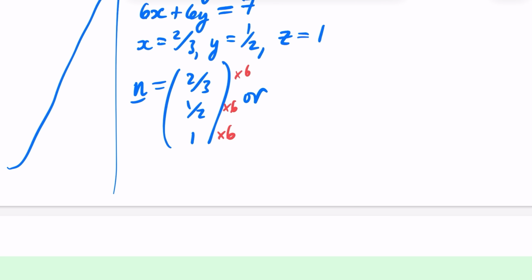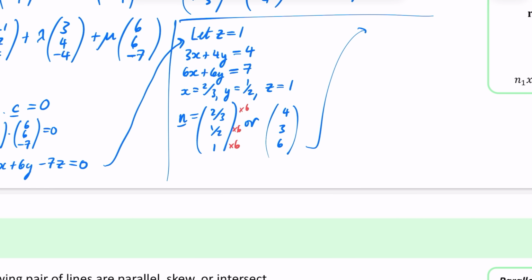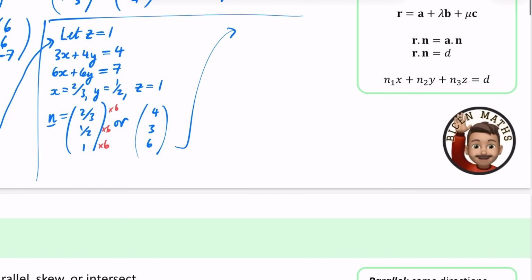But if you don't want to do that, it isn't totally necessary. It's just we tend to do this with integers. So 2/3 times 6 is 4, half of 6 is 3, and 1 times 6 is 6, that we've got here. So just to finish off, as I jump up to this last part of the screen here,